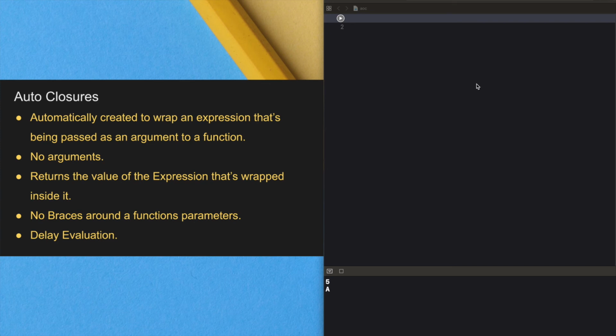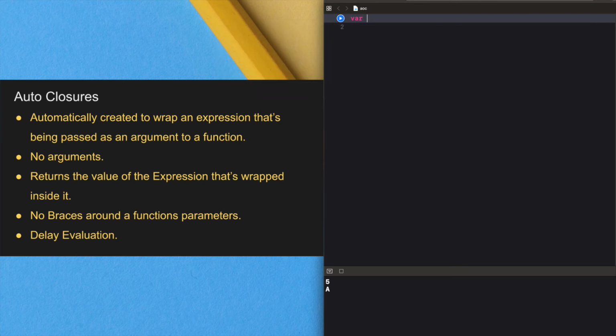An autoclosure lets you delay evaluation because the code inside is not run until you call the closure. Delaying evaluation is useful for code that has side effects or is computationally expensive because it lets you control when that code is evaluated. Let us see how the closure delays evaluation.